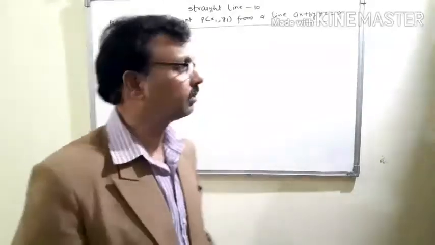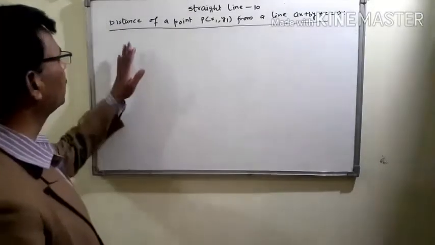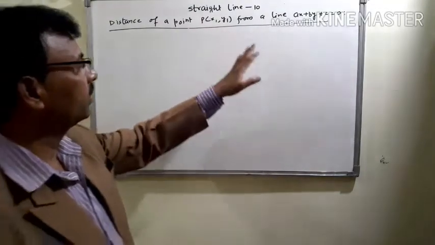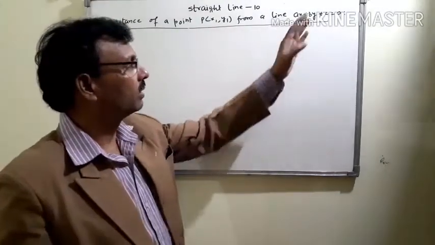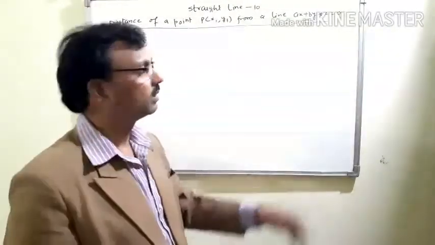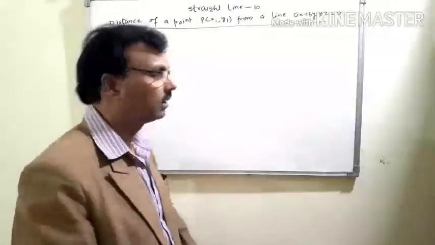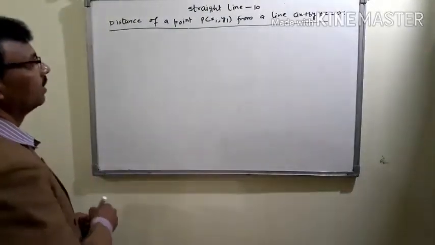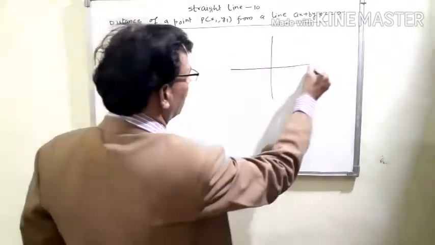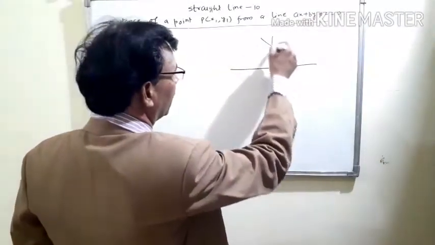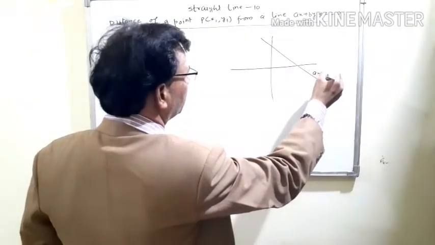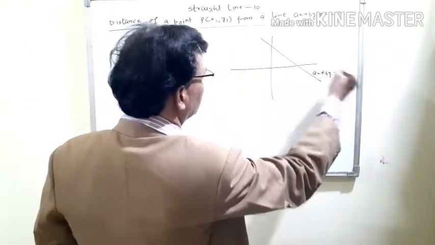Hello students, in this video we will discuss the distance of a point P whose coordinate is x1, y1 from a line whose equation is ax plus by plus c equal to 0. This is the general form of the equation. Now suppose in the coordinate system this is a line whose equation is ax plus by plus c equal to 0,